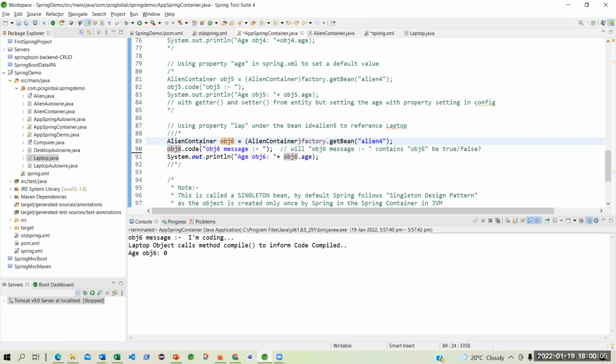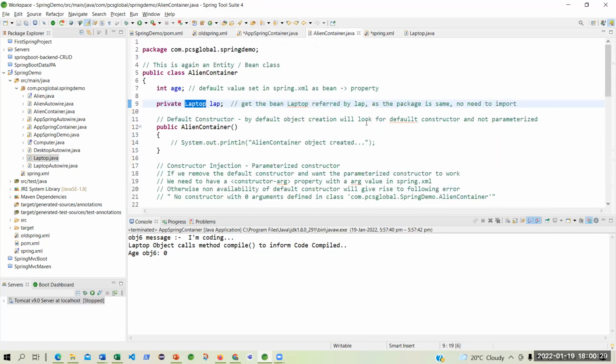What I'm doing, I'm just creating this object obj6 through this align4 alias or ID, and I'm getting the bean. Once I got the bean from the Spring container or the entity container, I am calling the code method of align container.